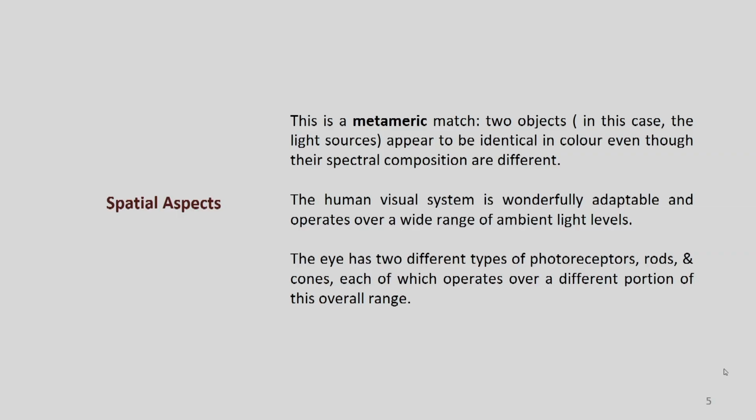The eye has two different types of photoreceptors. All of us know, if we read about the anatomy of the eye, they are rod cells and cone cells, which receive the signals and create an image, and then finally we can see. That is the very important component of the eye, which helps us to understand light and view the objects in front of us.